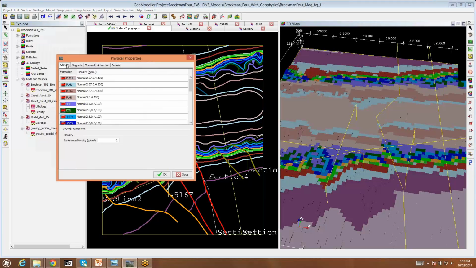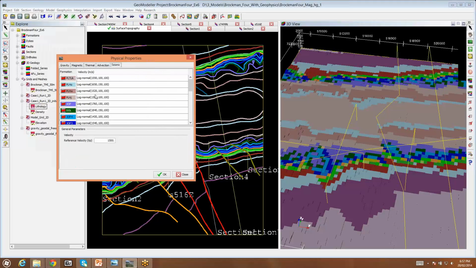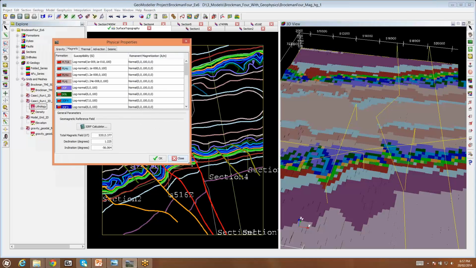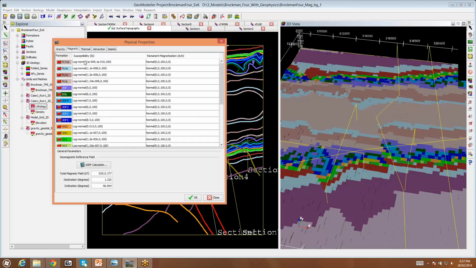And along the top, you can see that there's the possibility to do forward modelling of gravity, magnetics, thermal, advection is under development, and seismic. This is the place where we store all the properties per lithology to be available to the forward modelling solutions. I'll perhaps dwell a little bit on the magnetic menu here. What we have is magnetic susceptibilities on the left-hand side,